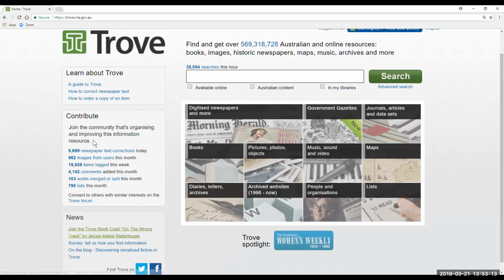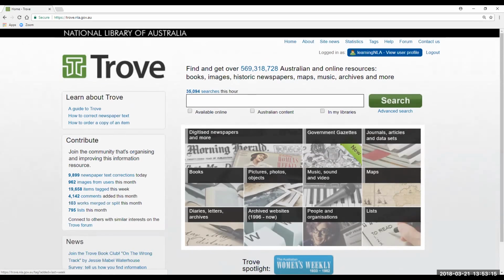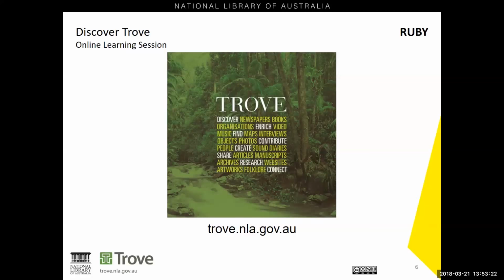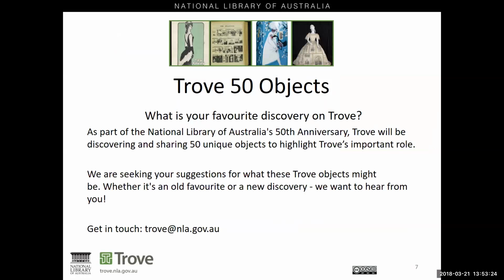All right, so I might just jump now back to the PowerPoint. And one thing I just wanted to highlight before finishing up today is we have a project here at Trove called 50 Objects. So this is particularly useful for those of you who have been using Trove a little bit. And if you've come across something unique